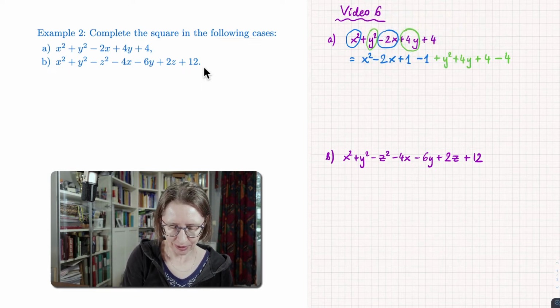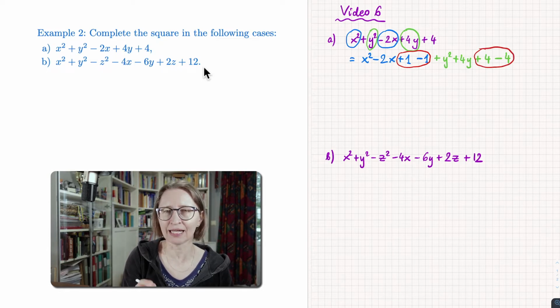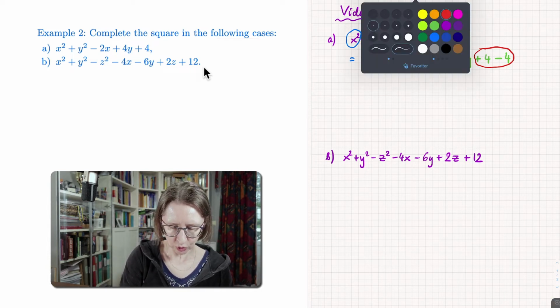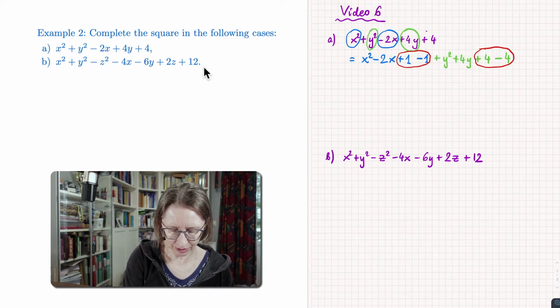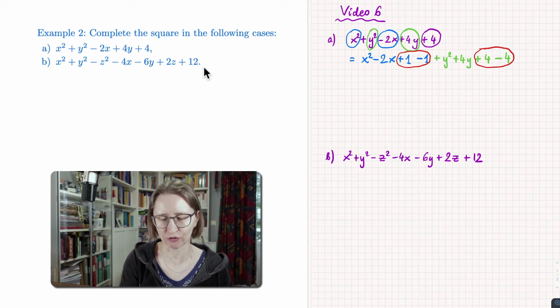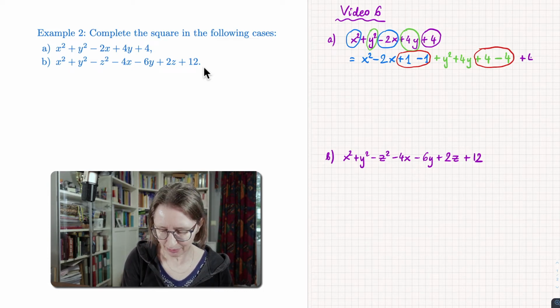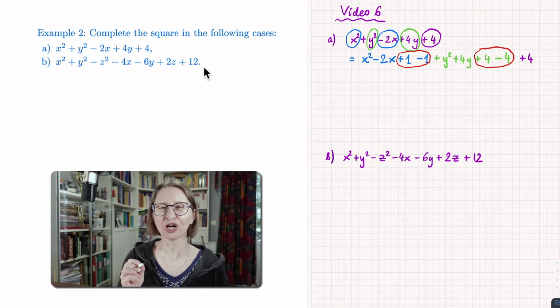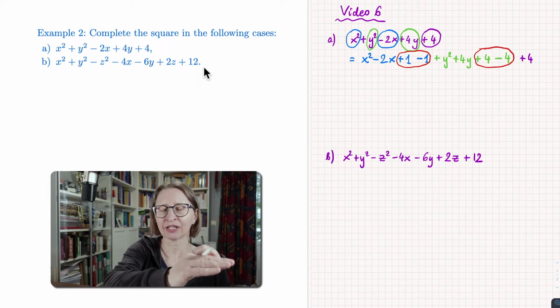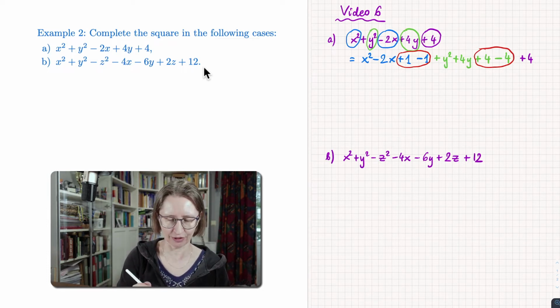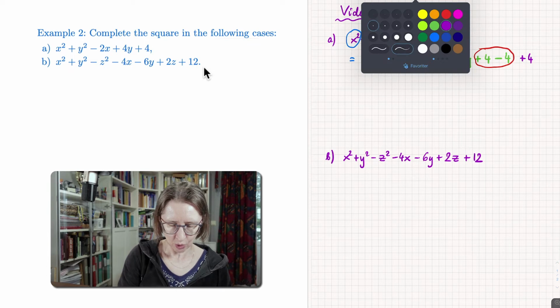So here I will maybe mark these 2 zero operations to make it clear that you always have to correct for something you have added or subtracted. Okay, and what do I have in my expression? I still have plus 4. So I have to write here plus 4. And now my equality sign is perfectly happy, because the expression at the left-hand side is the same as the expression at the right-hand side. Okay, so I can continue,